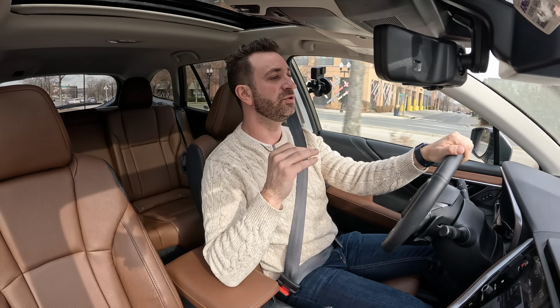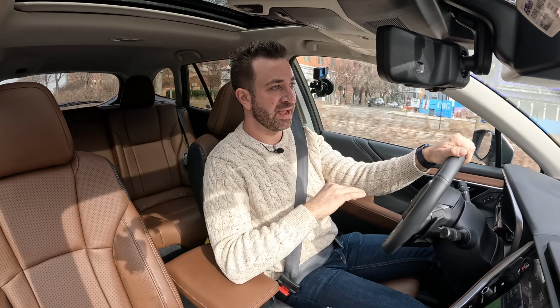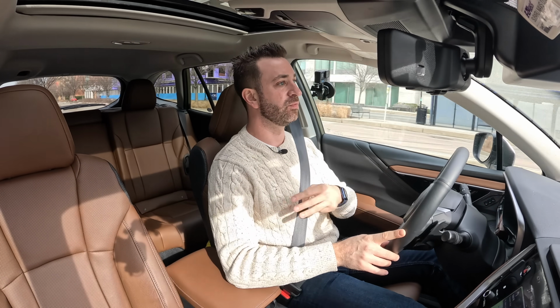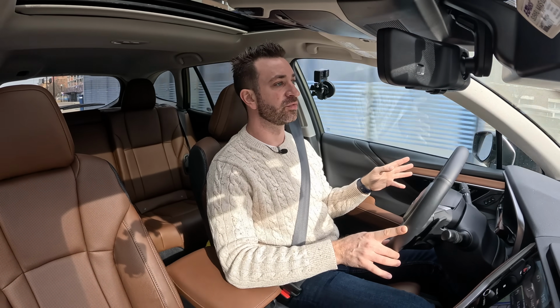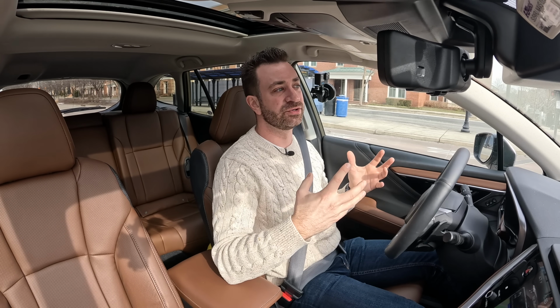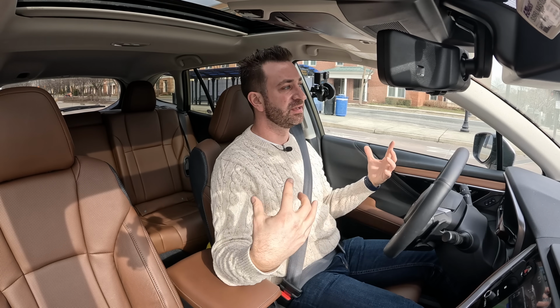However, if you want car as appliance and your needs are similar to what my parents' were a bunch of years ago, when they said we want to fit all these people and things, we don't want to pay a ton of money, we want it to be nice, we want it to be maneuverable and easy enough to park and just deal with, otherwise, this is your car. And these are just good, and I understand why I like them and I understand why I don't like them, and